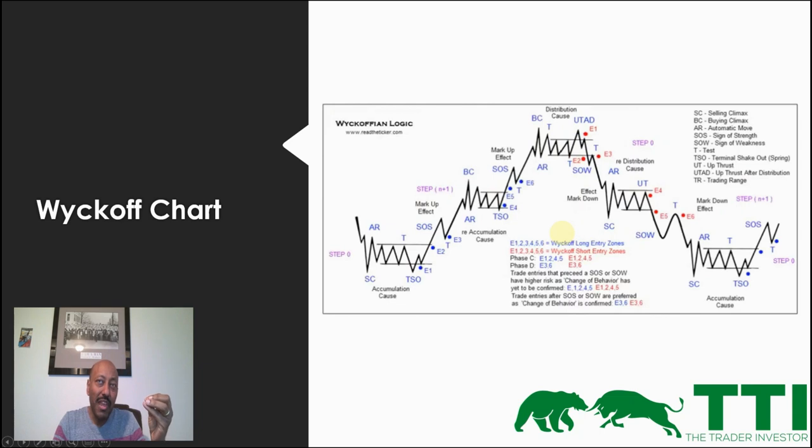Now, this is something that you can consider as a consolidation, right? So that's what accumulation distribution is about. It's just an area of consolidation. But how does price consolidate and when are the turning points? And usually in the markets, smart money institutions take advantage of fear and greed. What do I mean by that?